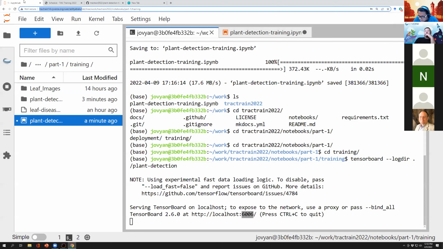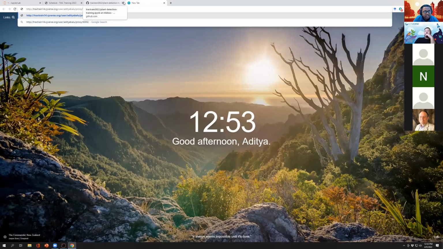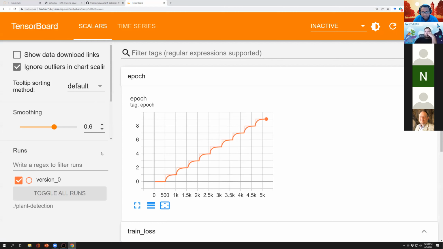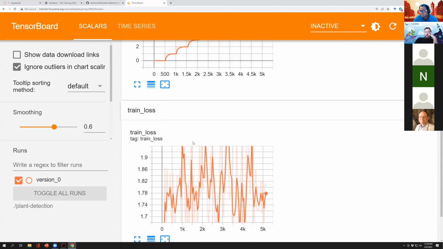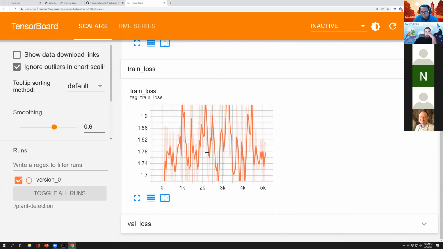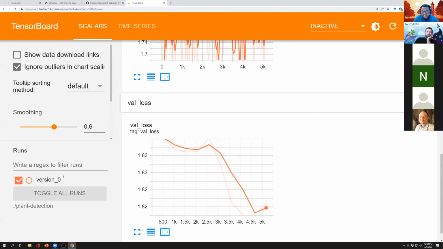Is that the, yeah, 6006, and then a slash, and you enter. Then you will see the Tensorboard session show up. And this is how you can keep track of whether the training is happening well or not. And you can keep track of all those things. Right now I'm just running one case, so you just see version 0, but if you are running several cases, then you can store all the